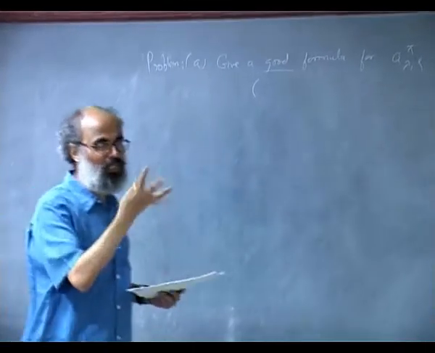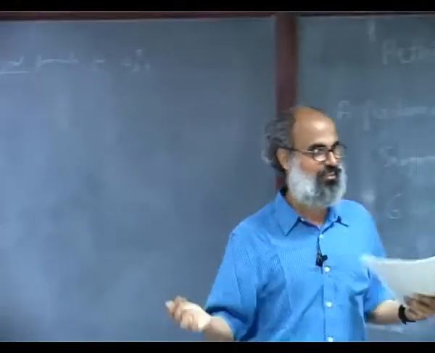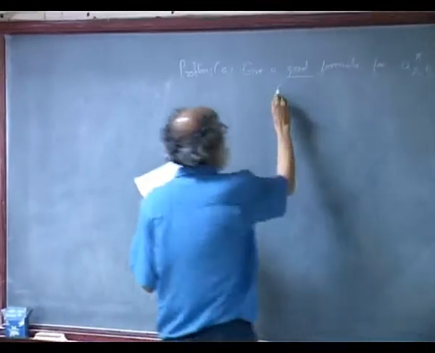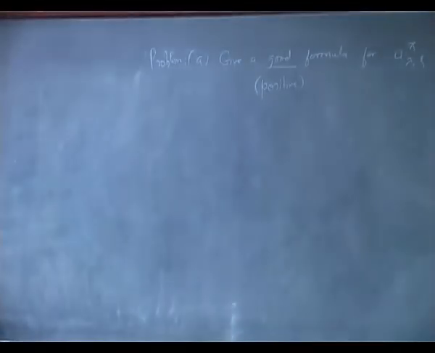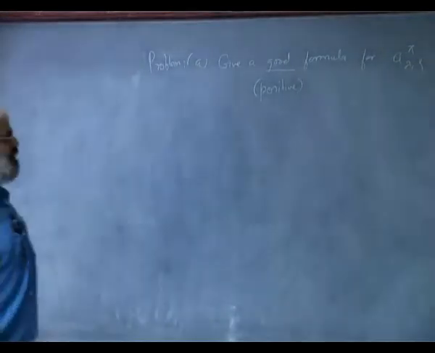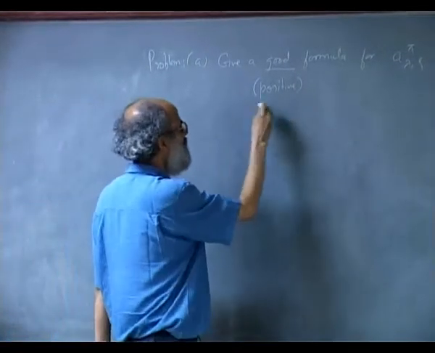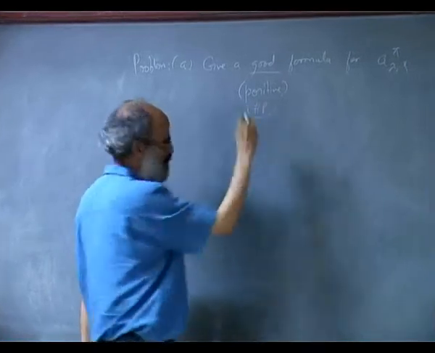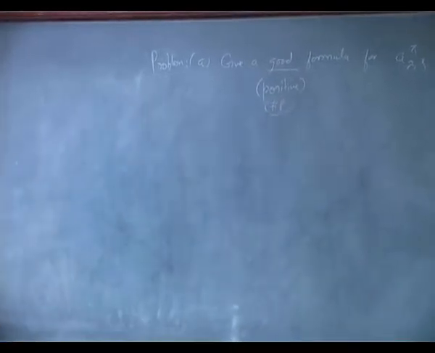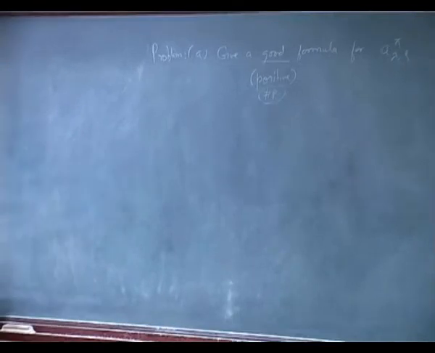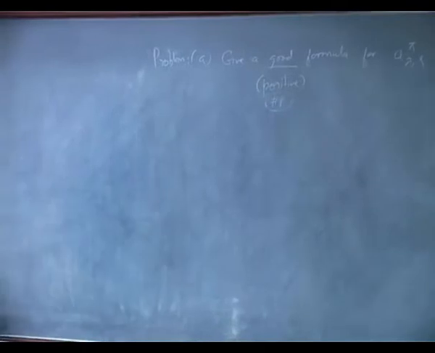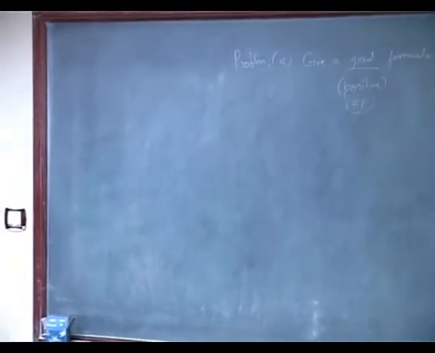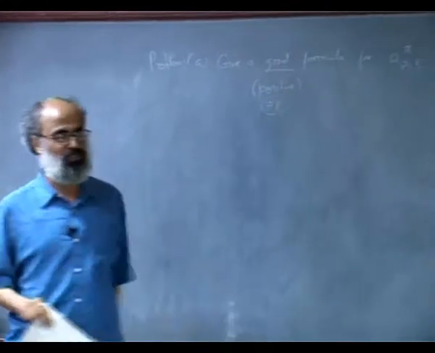Yeah, so because of the alternating signs. Okay, so there is a lot of cancellation in it. So the first thing is you want positive. But just positive is not enough. There should be no cancellation, but it should have some complexity theoretic properties also. We'll see later what that means, but it should belong to the complexity class sharp P. So if you know what complexity theory is, fine, otherwise later we will come to that. It should be efficient to compute. That is what sharp P means in complexity theory.